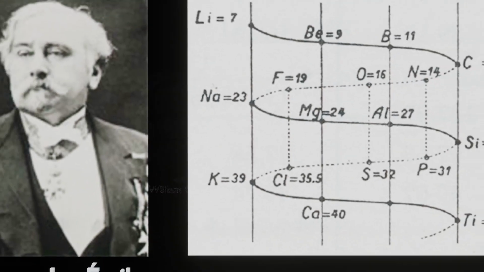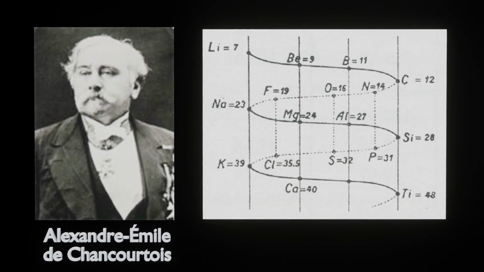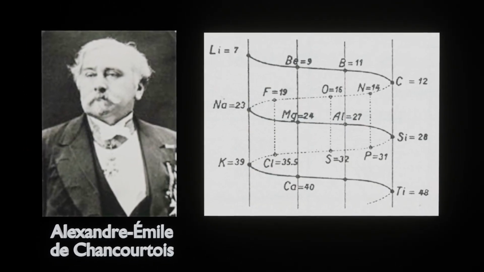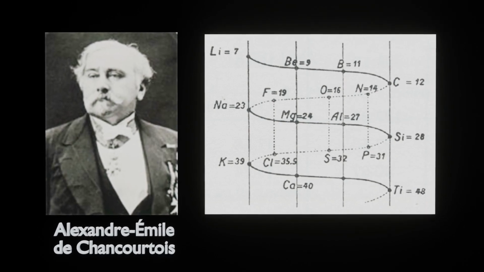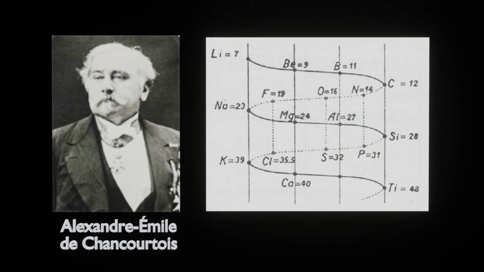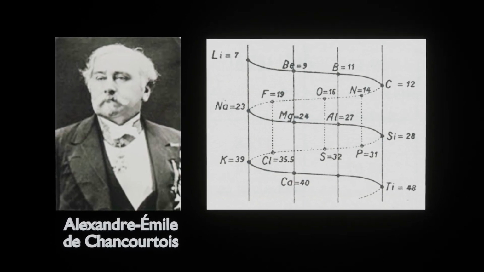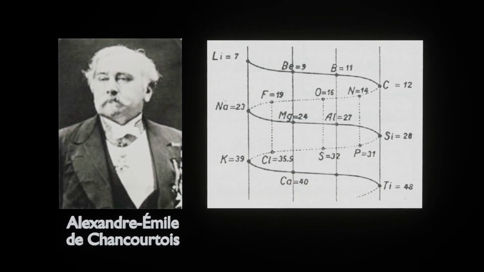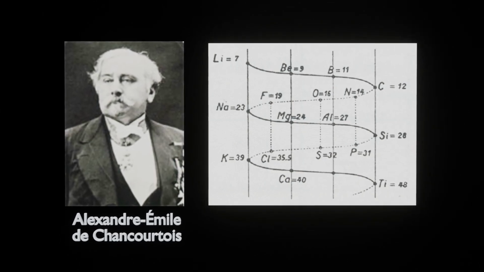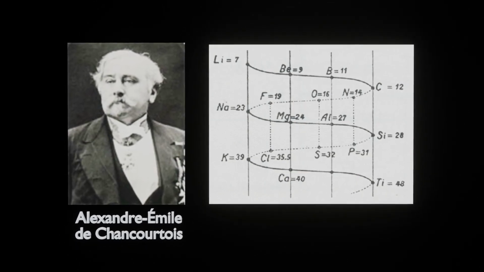In 1862, French geologist Alexandre-Émile de Champ-Courtois was the first person to arrange the elements by increasing atomic mass, and he noted that elements with similar properties seemed to occur at regular intervals. He devised a spiral graph with the elements arranged onto a cylinder, such that similar elements lined up vertically. Unfortunately, his paper was largely ignored by chemists, since he left out the graph and also wrote it from a